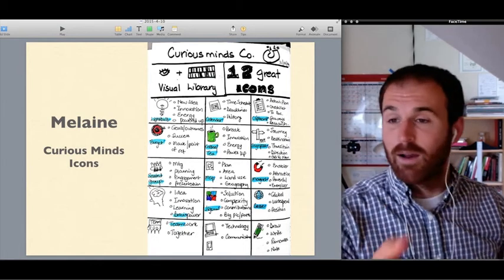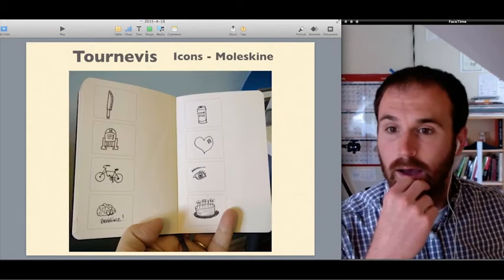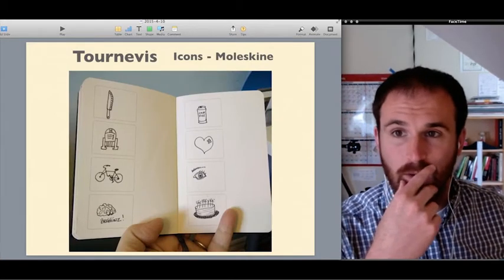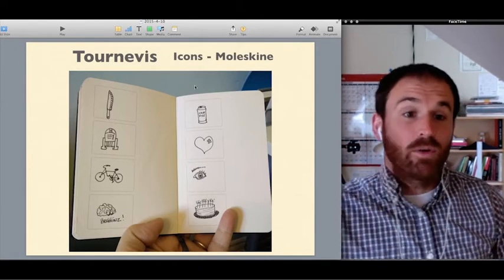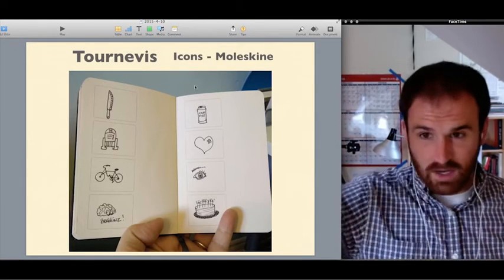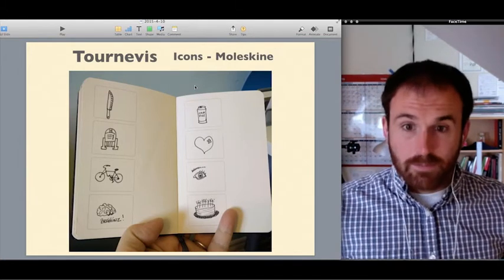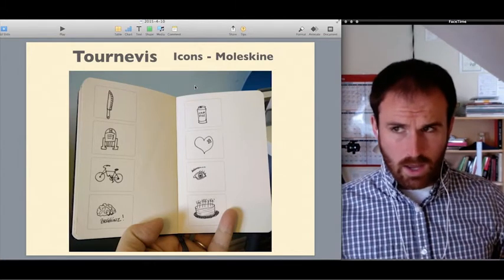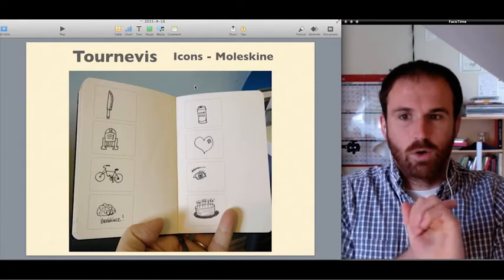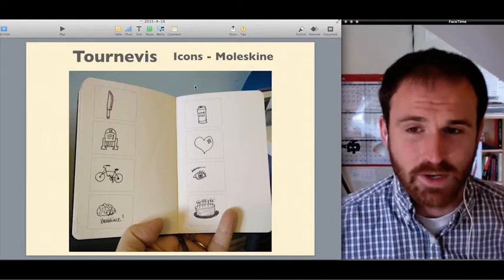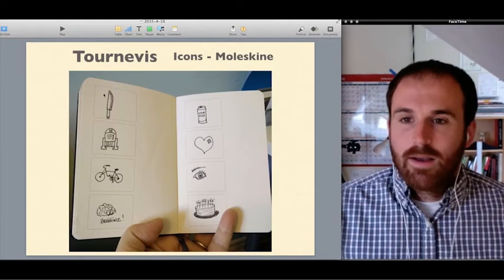A somewhat similar approach to capturing multiple icons was shared by Tournevis, who had a specific Moleskine notebook dedicated to capturing her different icons. And I think, if I remember correctly, she developed these while she was reading Mike Rohde's books, Sketchnote Handbook and the Sketchnote Workbook. I think she mentioned that her original idea was obviously to capture an icon here in